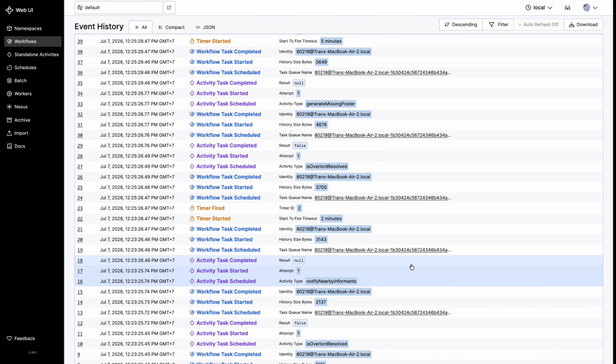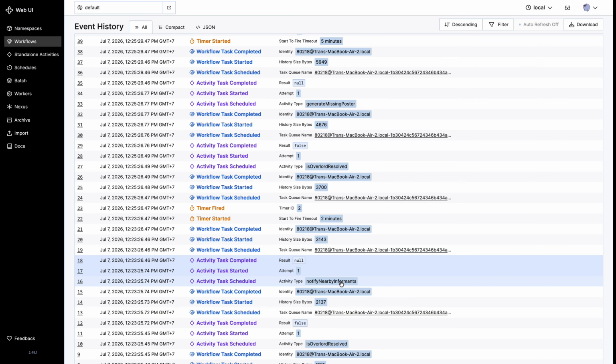And one feature that I don't want to miss mentioning is that I use Temporal to do a feature called escalate search protocol. What it means is, first, after the missing report is created, after 8 hours it will check whether the report is already solved. If not, it will notify nearby informants to come in together to help the owner find